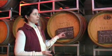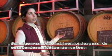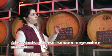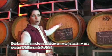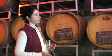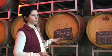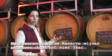We are doing two things with the barrels. First, some of our wines are getting to do the first fermentation in barrels from harvest September until May. The wines are getting to be in the barrels. So here it's new wines that come from harvest 09, and I just take some that smell very good this year, 09 harvest. And then there is another specificity that we are doing here, is we also keep all of our reserve wine, and so we keep around 3-4 years of